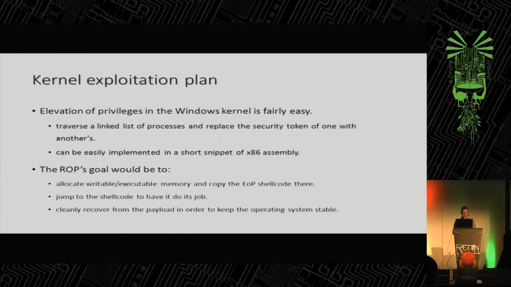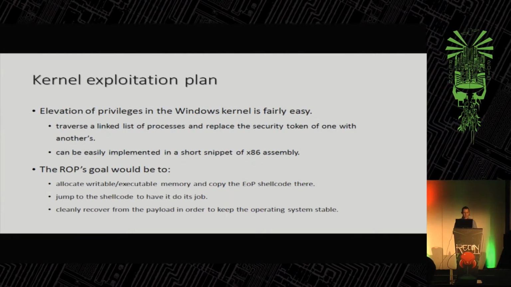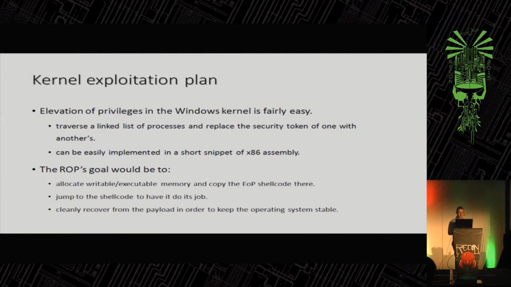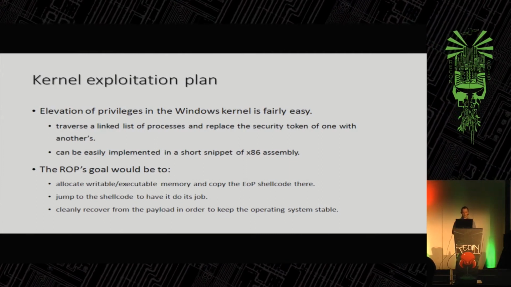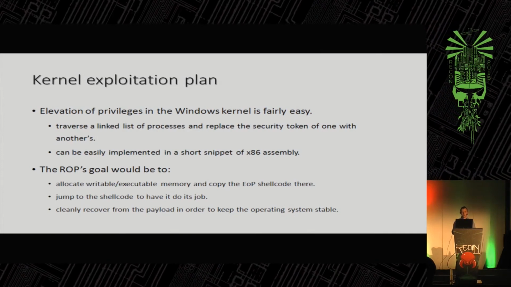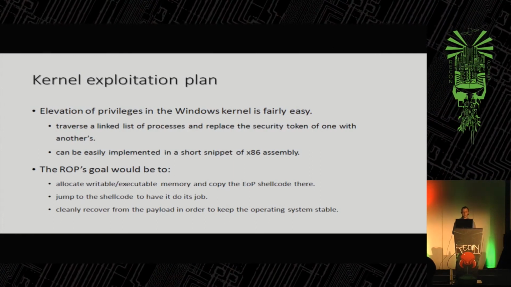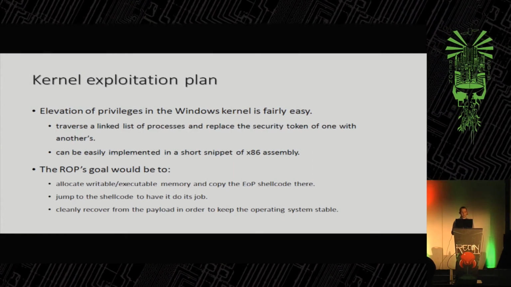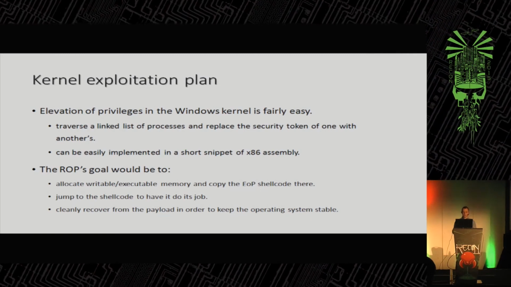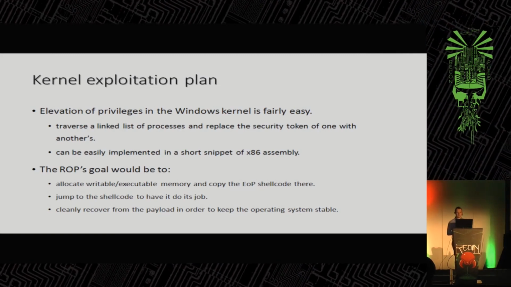32-bit. Let's start with 32-bit because this is the same vulnerability that we can use with Adobe Reader. If you know a little bit about Windows kernel and how it stores objects in memory, you know that elevation of privileges is very easy. You have to just find a process that is very privileged, copy the security token of that process, and copy that inside of the structure that describes other processes that you want to elevate, and it can be really easily implemented in a short snippet of